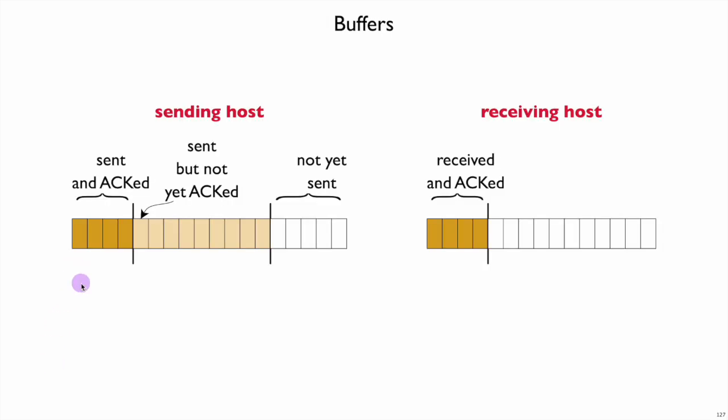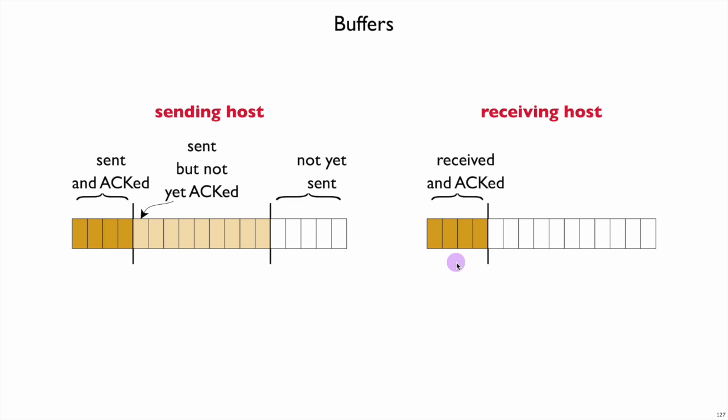So from the sending host perspective, there are a sequence of packets that correspond to the data that the application wants to send. The application may send even more data later, but we're just looking at the ones that the transport layer knows about so far. Even so, it has packets that it has sent and for which it has received acknowledgments. It has some packets that it has sent, but not yet heard back from the receiving host. And then it probably has some packets that it hasn't even had a chance to send yet. It doesn't want to send them all at once because it doesn't want to overload the network, say.